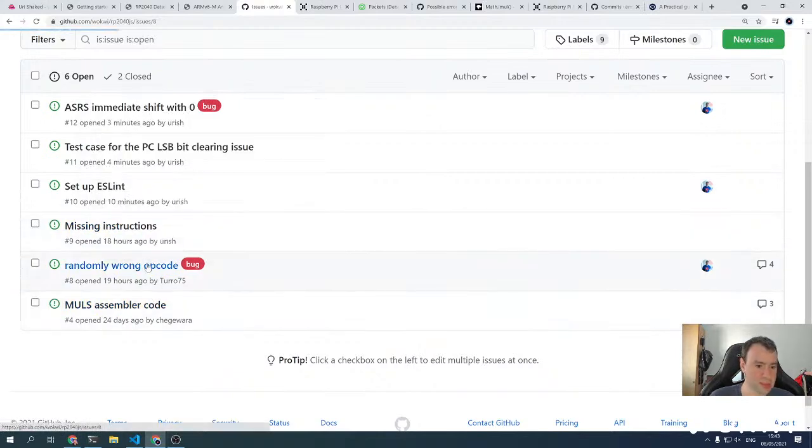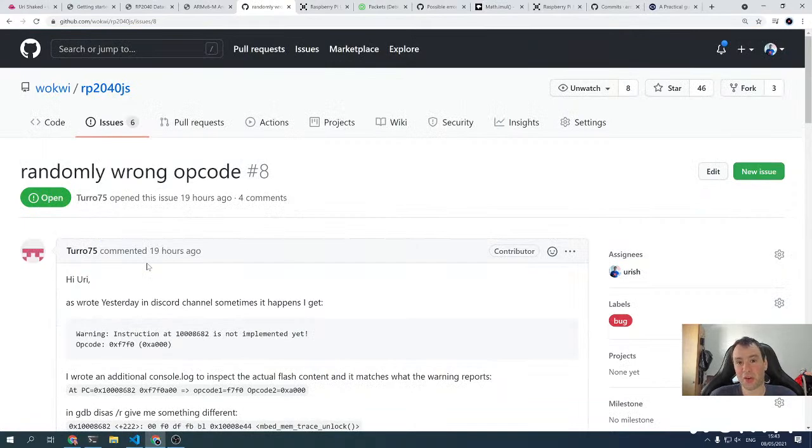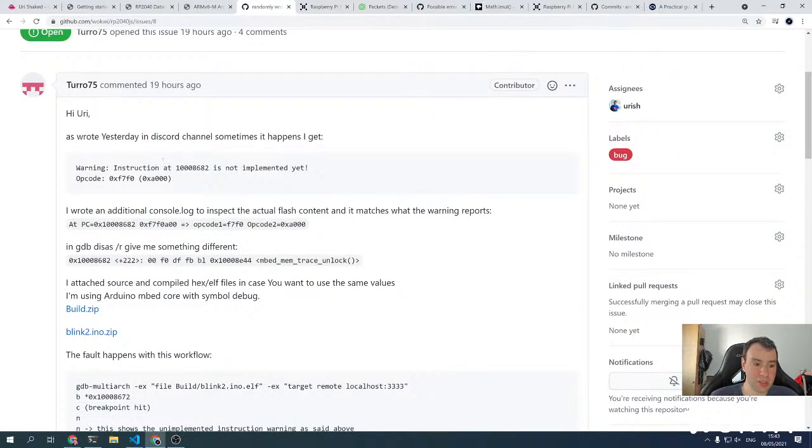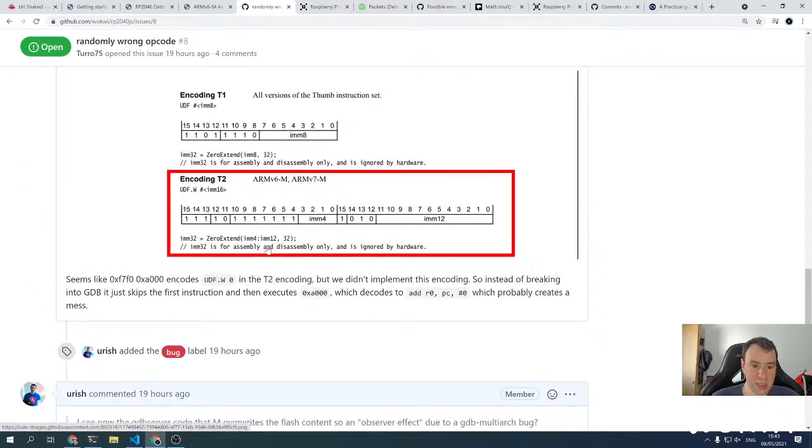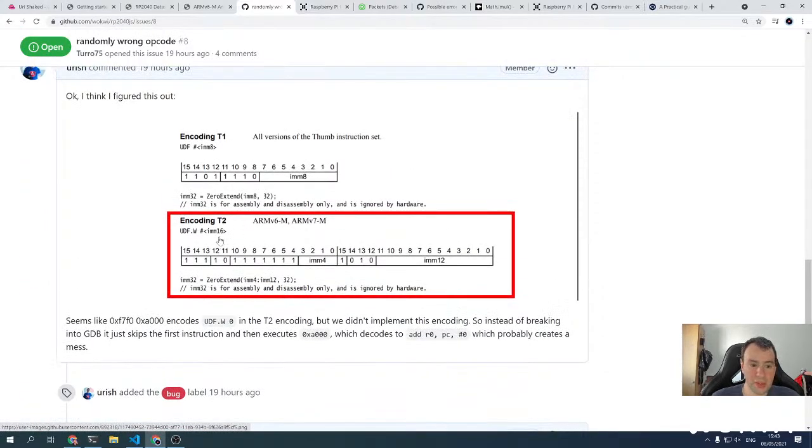He continued debugging SysTick and tried to figure out why it misbehaves. And eventually he stumbled upon this warning about an unimplemented instruction in place where there should have been an instruction. And we ping-ponged about that and debugged it, and we found out that